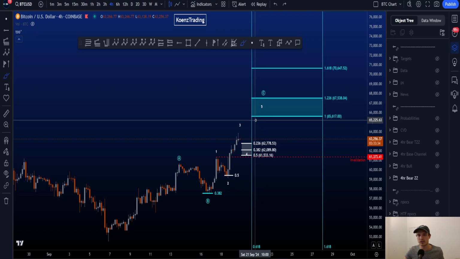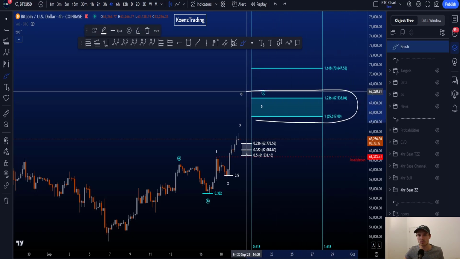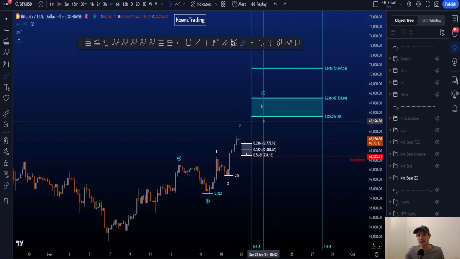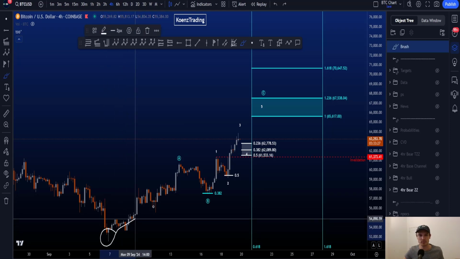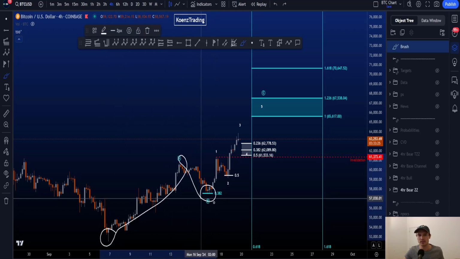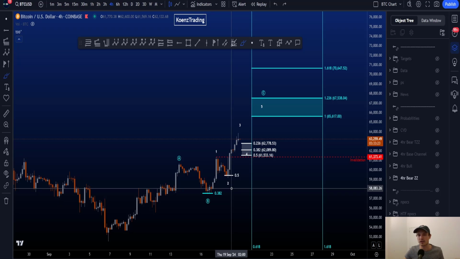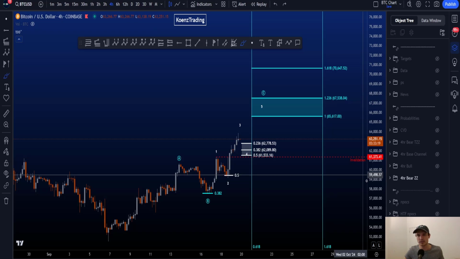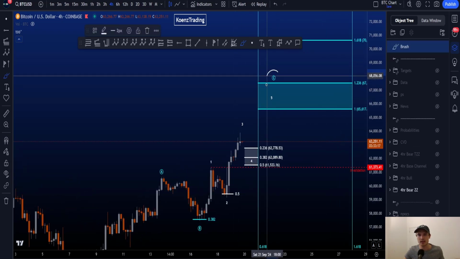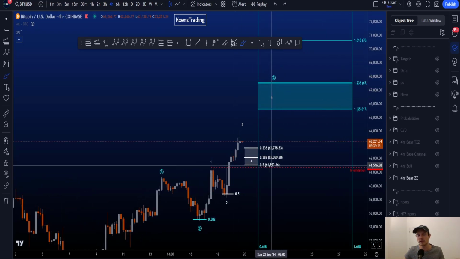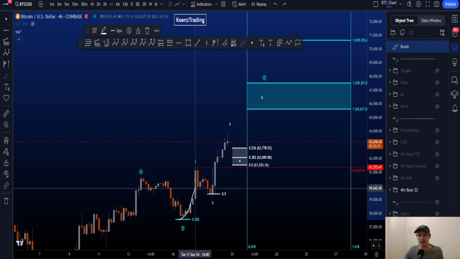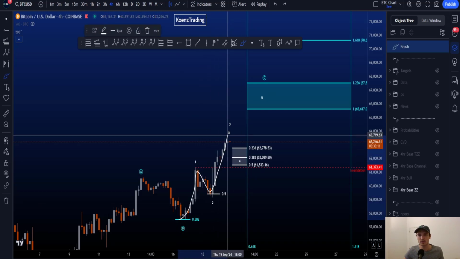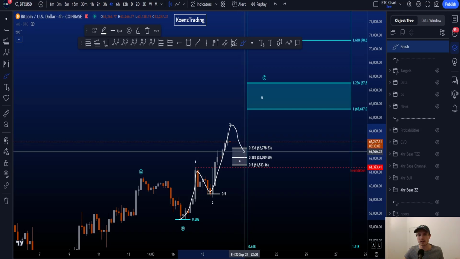The most common target for wave C is between the 1 and the 1.236 trend-based fib extension taken from the start to the end of A to the end of wave B, giving you a target between 65.6k and 67.5k. Inside this wave C, we then want to count an impulsive structure, having a wave 1, 2, we're looking for a wave 3 to eventually finish to get us a wave 4 and then a wave 5 towards the